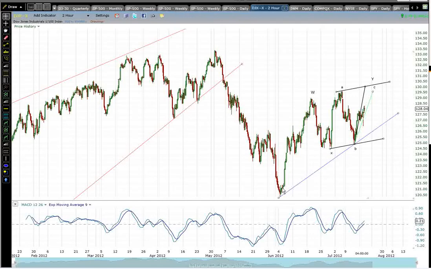I think we may be seeing a combination wave pattern here, where we have a zigzag up, an X wave, and then a flat forming here. A zigzag is a very directional pattern, so it's stronger. A flat is a weaker pattern. The middle part of the move is a strong counter trend move. So this implies potentially that as this market is moving up here, it's weakening because this B wave was so